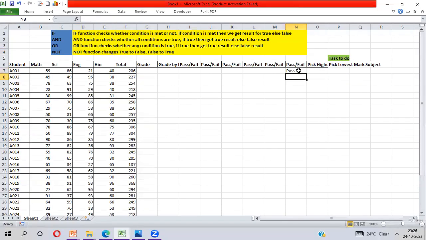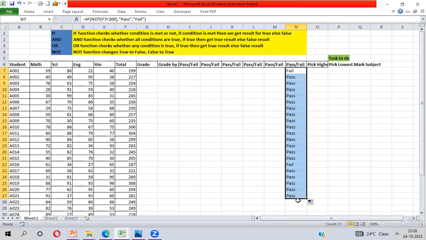See here, now drag it. Here I'm just changing the value. See, I'm checking 199. Now you will get fail as output. So here I have written not less than 200. Not less than 200 means my value is not more than 200. That's why we are getting fail. Not less than 200 means more than 200 should be here. Okay, so now if I drag it downside, your output will be as per the condition.